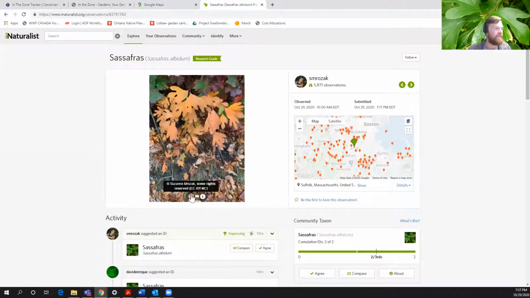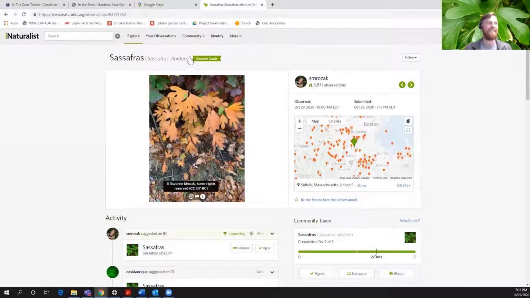So this person has done a some rights reserved Creative Commons license. That means it's usable under certain conditions. So if you credit Suzanne in this special kind of way, you can actually use this photo. And I've used photos from iNaturalist in presentations before, so you can get credited all over the place if you put your photos up on iNaturalist. So that's another reason to do it.